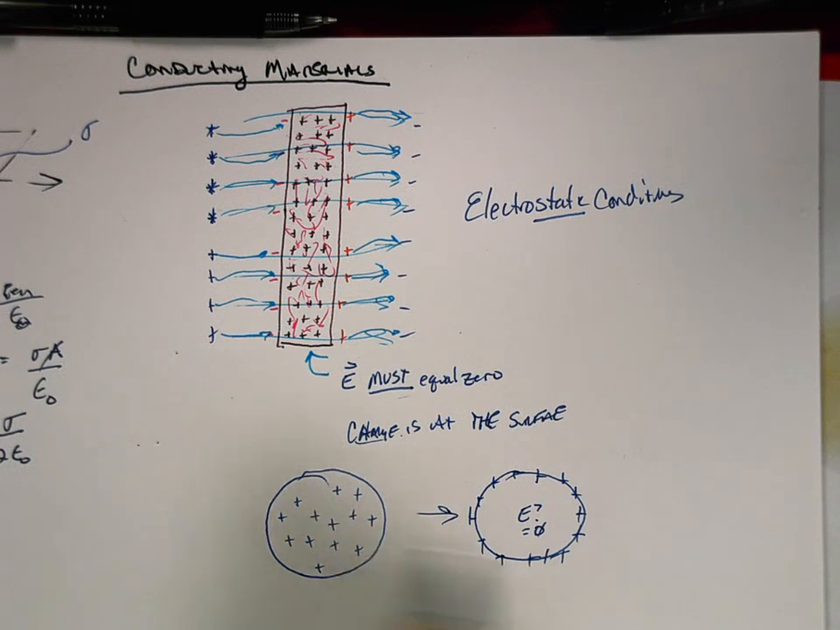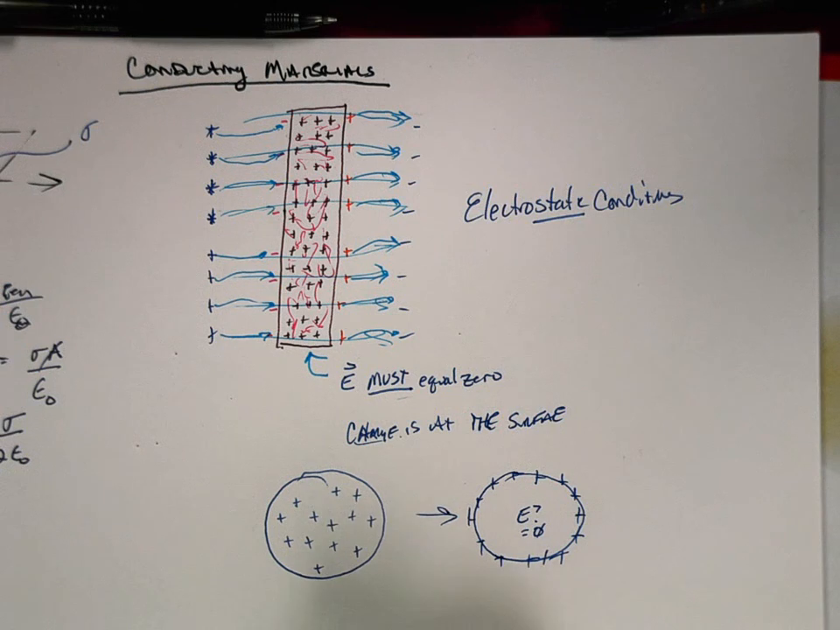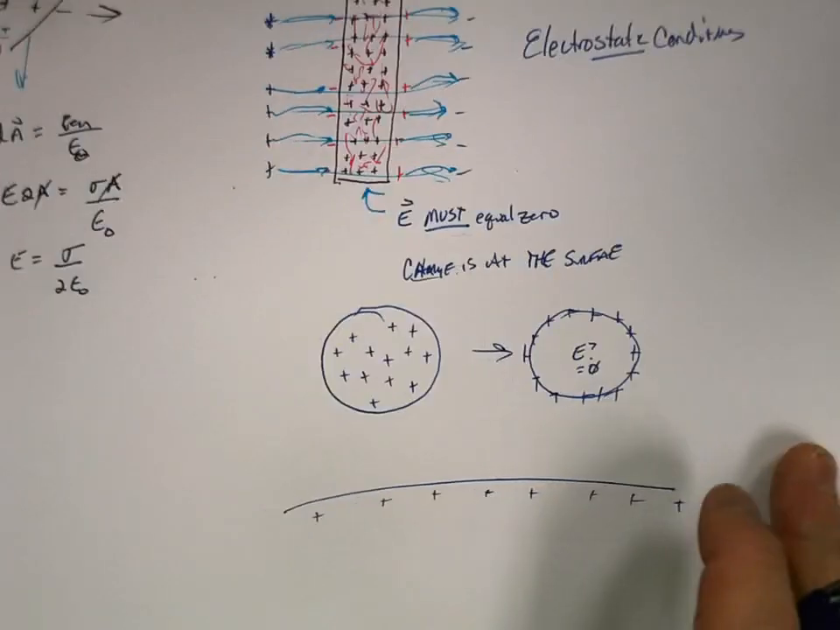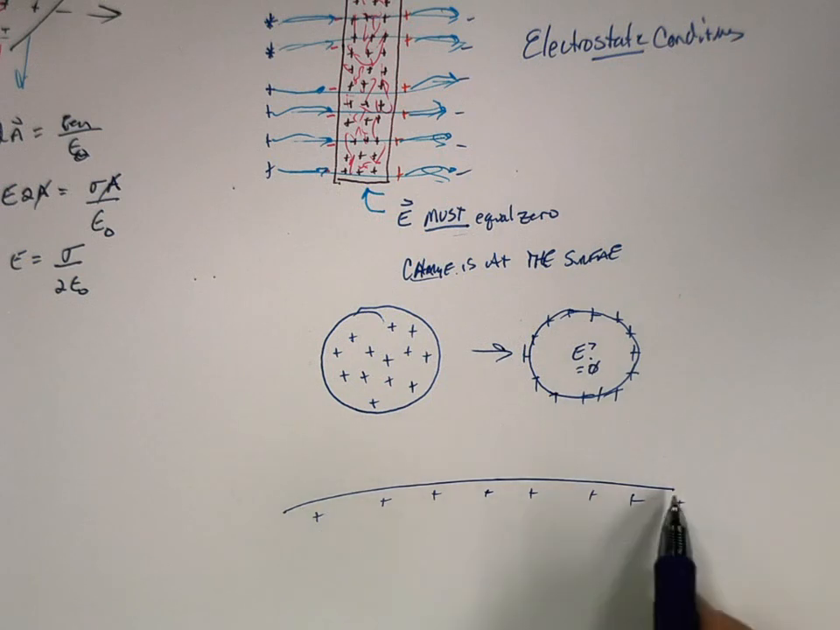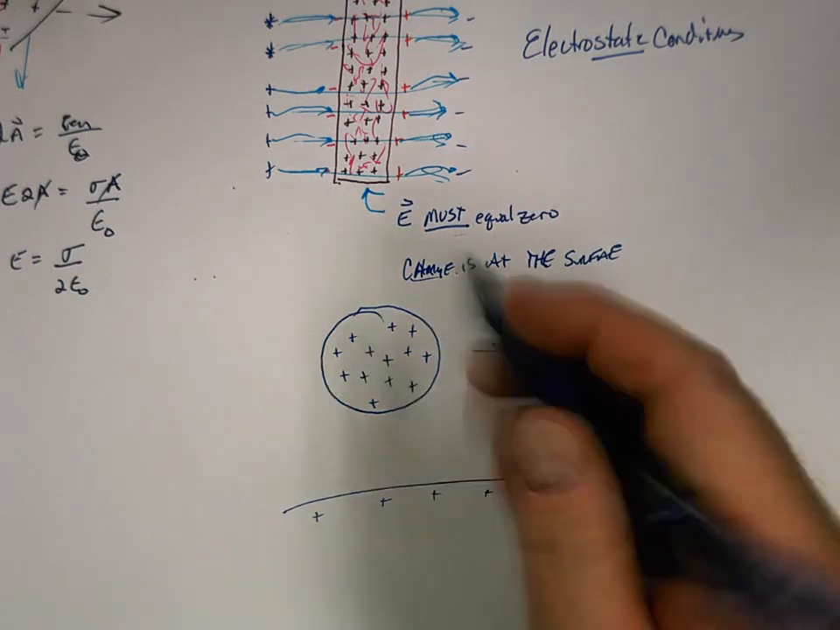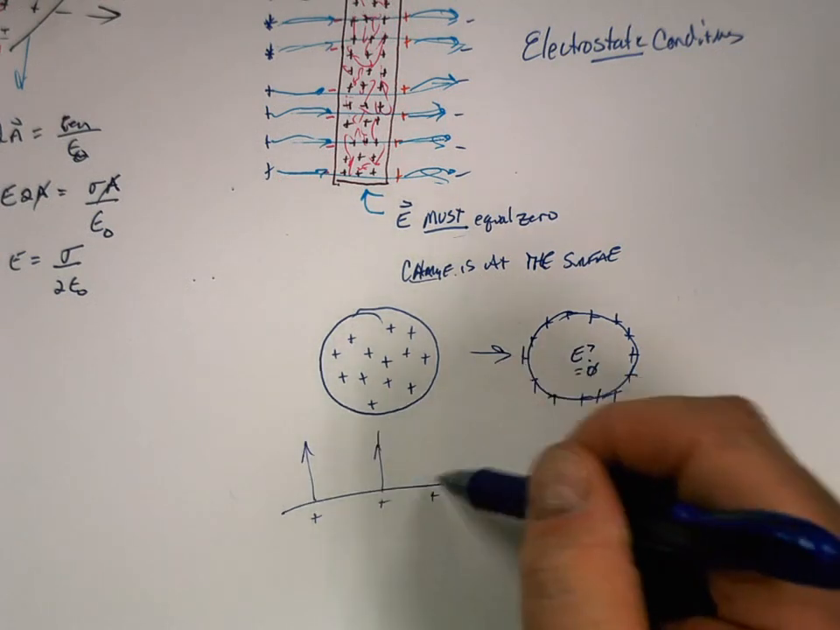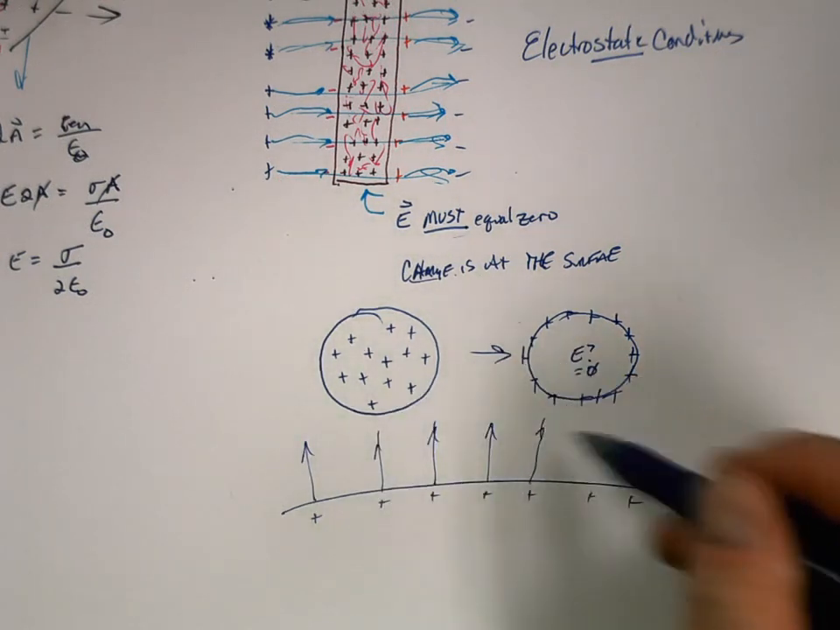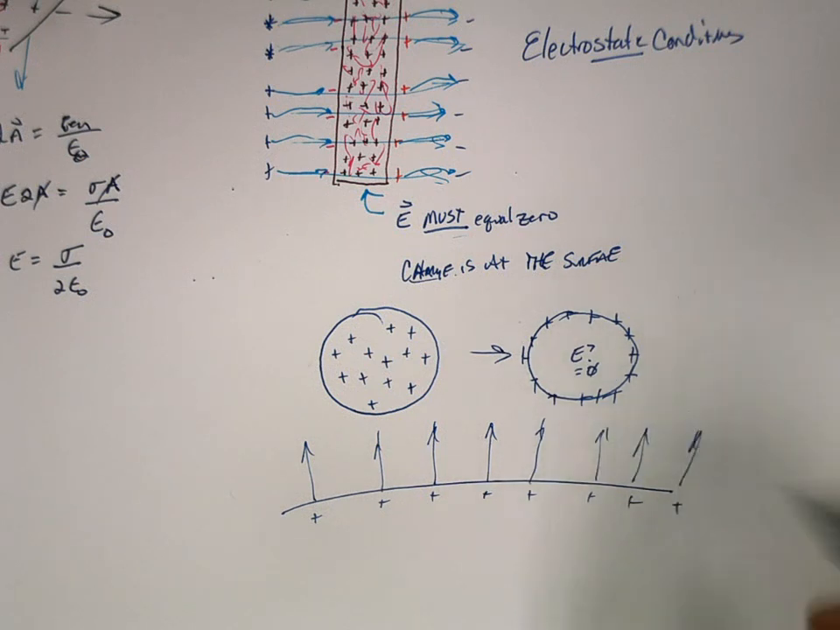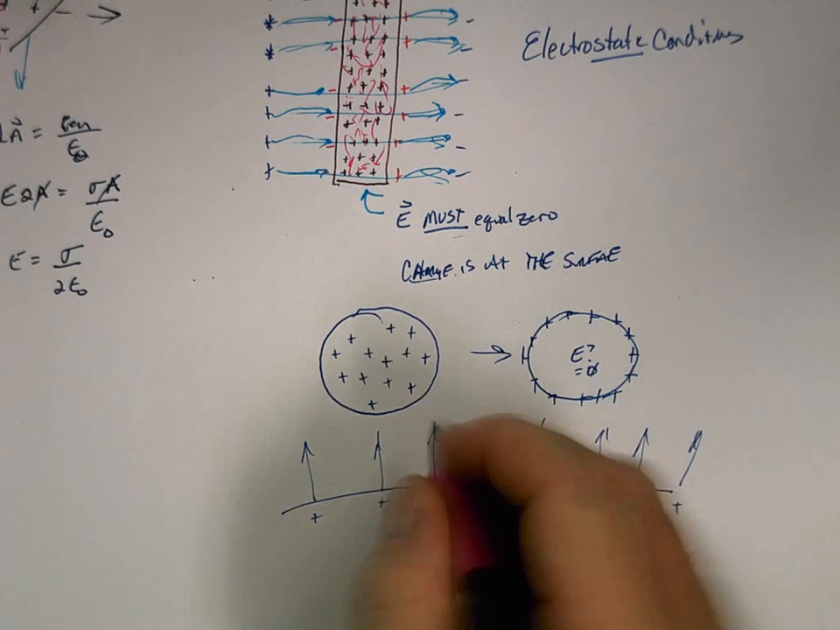So what is then E just outside of a conducting surface? What is the electric field just outside of a conducting surface? So here's a whole bunch of positive charges again. Okay, so yes, there's a general curve to this. And if we are just outside, then we have